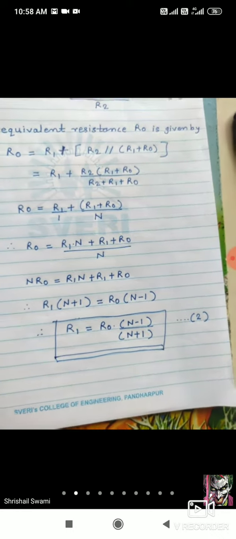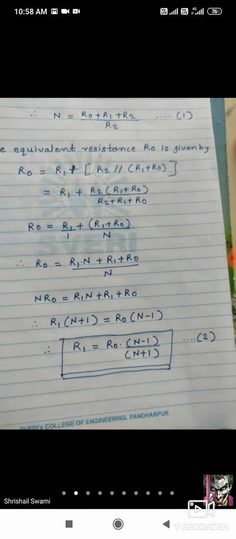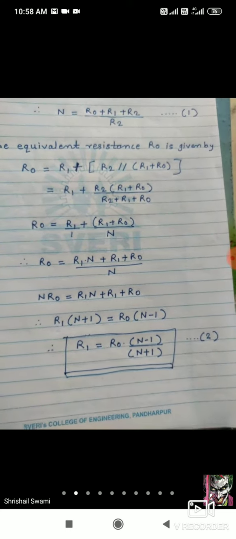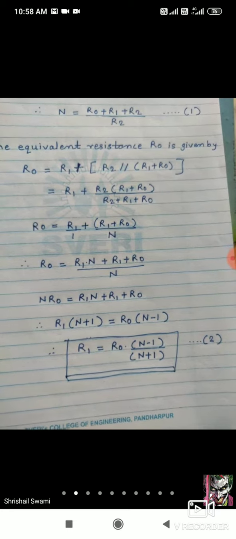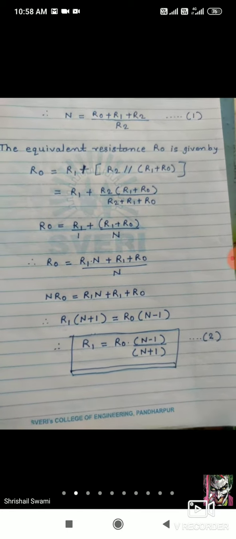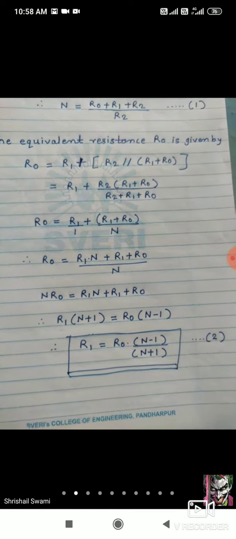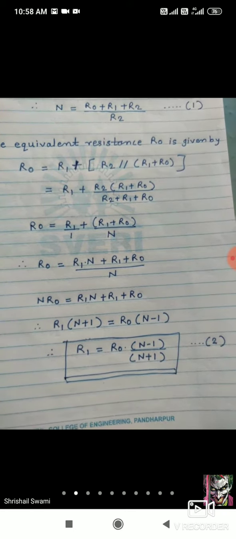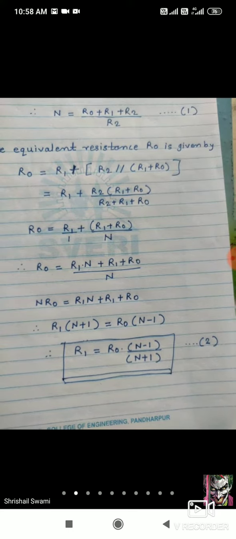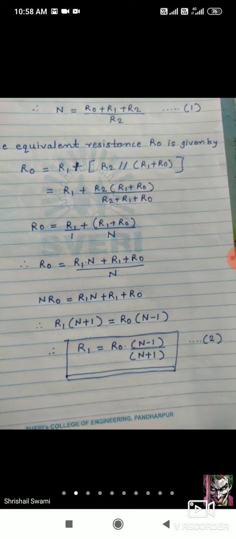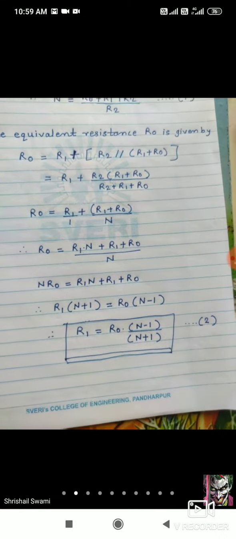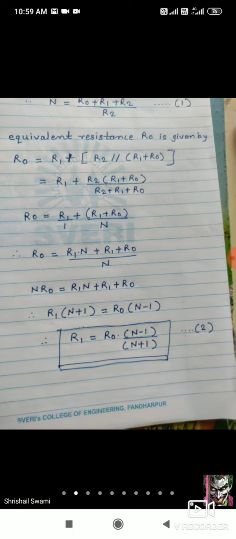So in the filter section, in the design of a filter, what will they give? In the design of any filter, considering constant K type, they will give the value of characteristic impedance K, right? After that, they will give the cut off frequency. So you have to find out L and C. Similarly, in the design of an attenuator, what will they give?